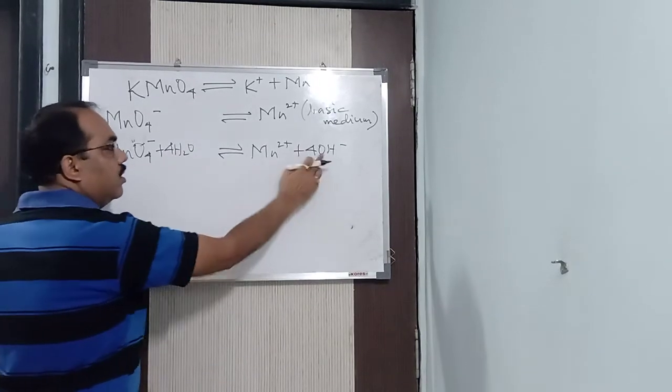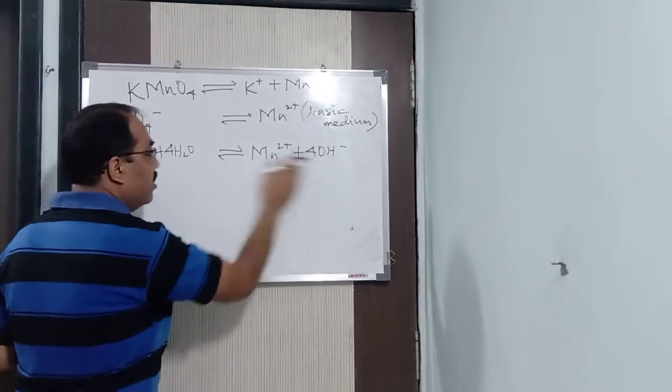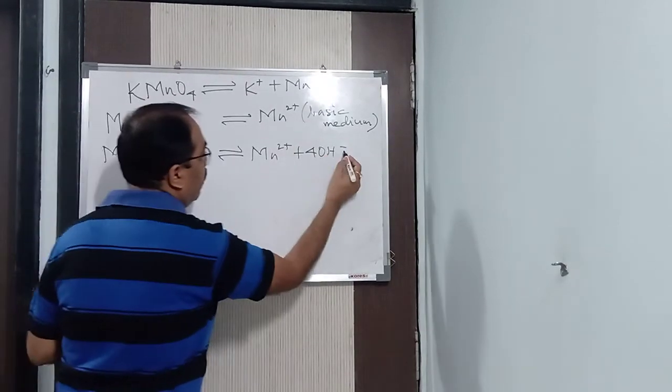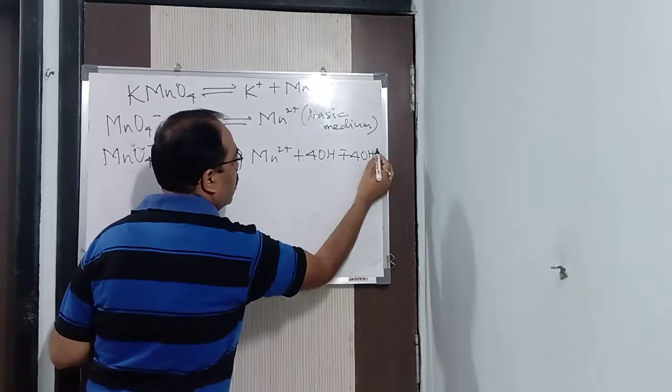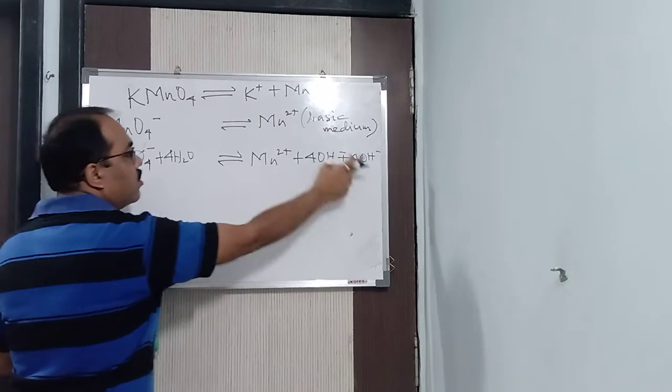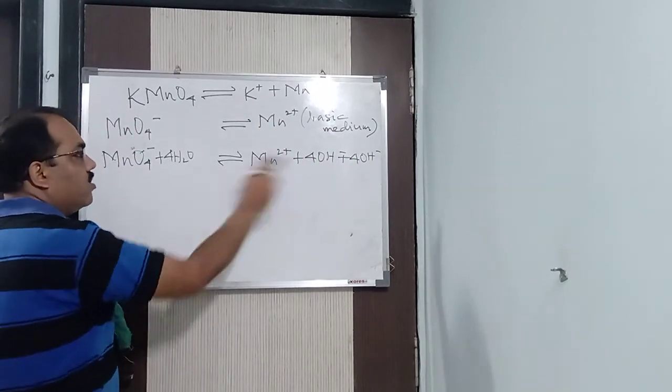No. Alright, here, 4 hydrogen, so 4 water. So as I am adding 4 water, again the same number of molecules of OH minus on the opposite side. As I am adding 4 water, so 4 OH minus. If I had added 5 water, so 5 OH minus. Alright, now you see it is balanced.